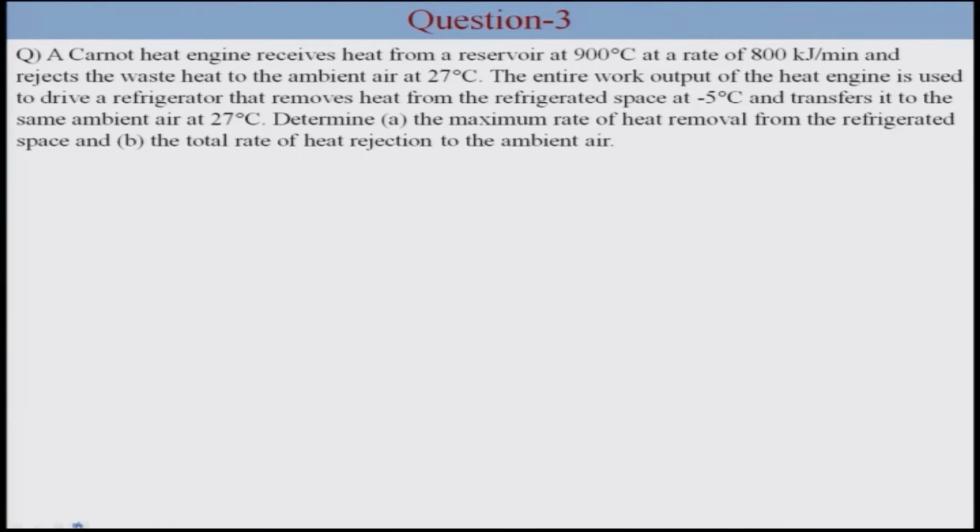In the next question, a Carnot heat engine receives heat from a reservoir at 900 degrees Celsius at a rate of 800 kilojoule per minute and rejects the waste heat to the ambient air at 27 degrees Celsius. The entire work output of the heat engine is used to drive a refrigerator that removes heat from the refrigerated space at -5 degrees Celsius and transfers it to the same ambient air at 27 degrees Celsius. Determine the maximum rate of heat removal from the refrigerated space and the total rate of heat rejection to the ambient air. So in this question, there is a heat engine